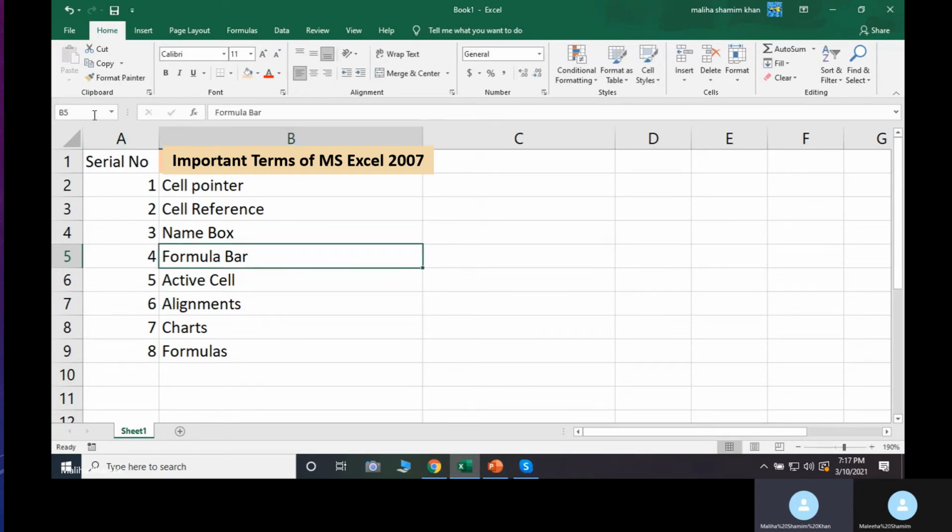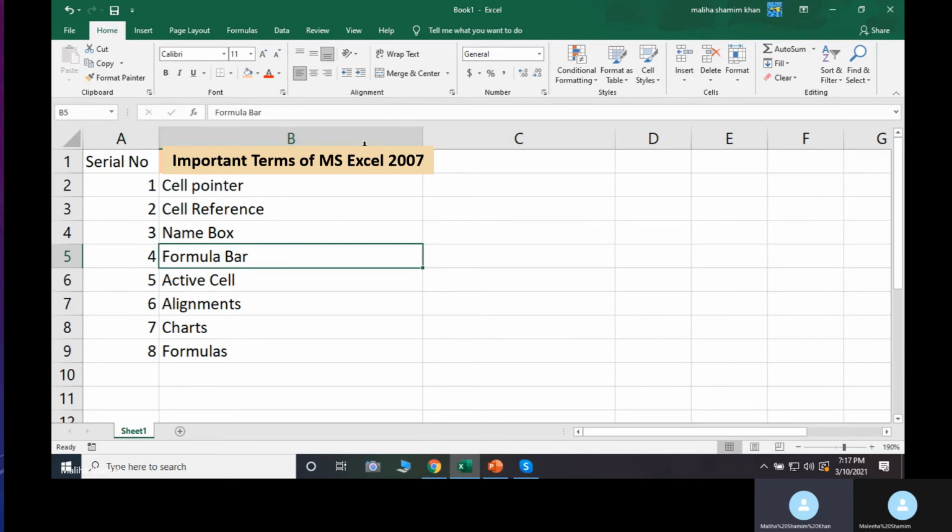Let's talk about the name box. This is the name box where you can see the cell reference. Cell reference is the name of row and name of column. As you know, the columns are represented through letters like A, B, C, D and so on.